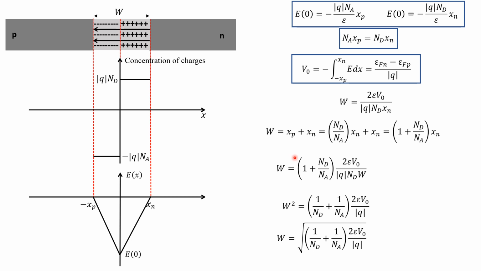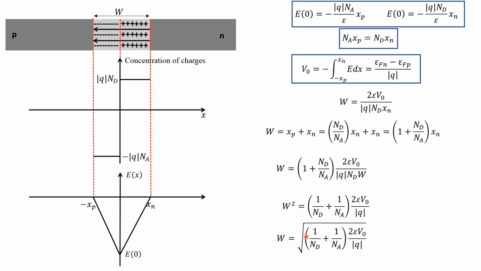Okay, so now all we need to do is rearrange this expression a little bit. We take W, move it to this side, and we get W squared. Take nd, multiply over here, it's going to cancel with the numerator, and we end up with this expression. Multiply nd over here as well, and we get this term here. Then we take the square root, and we finally get an expression for W, which depends only on the concentrations